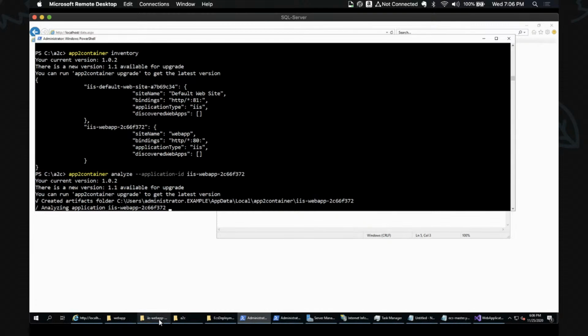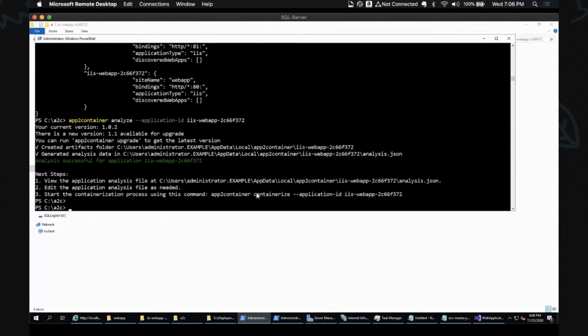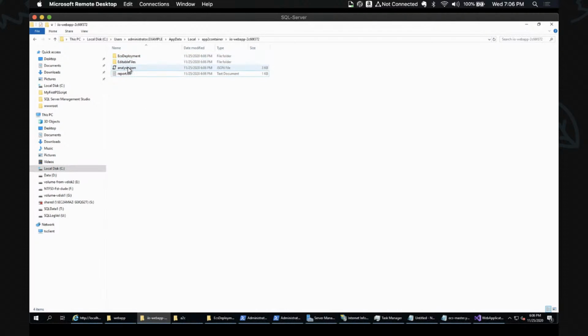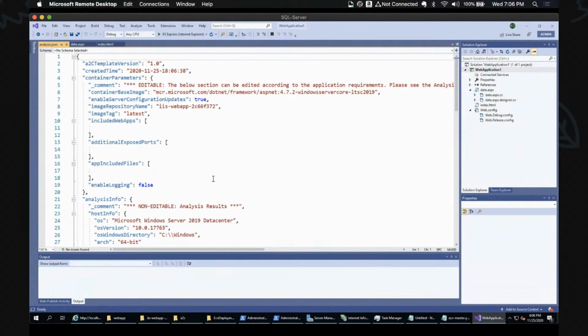So this is the folder. Let me refresh this folder that the application is analyzing. After analysis, this is the folder that it is using. Let's see, it is completed. It created this analysis JSON file. Let's double click and see. What is this file? This is also documented. This is just the metadata after the analysis. It shows us what it detected on the system.